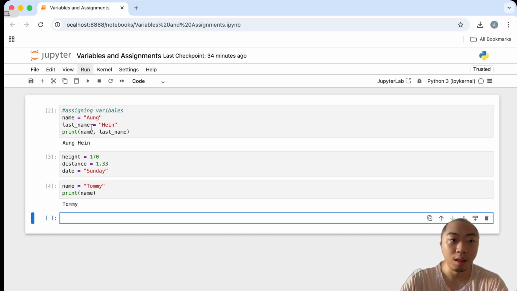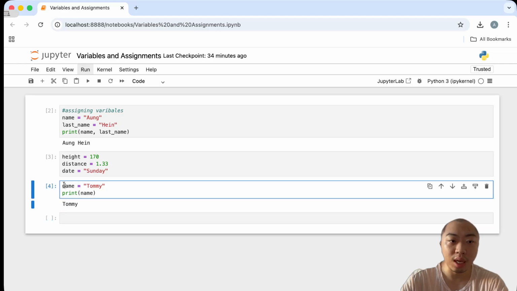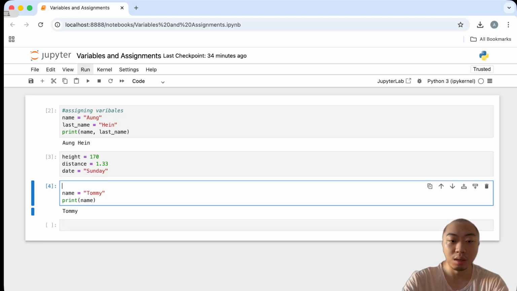Okay, because we are reassigning the variable right here. Reassigning variables. Okay,